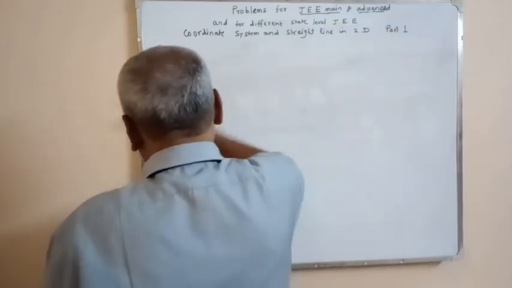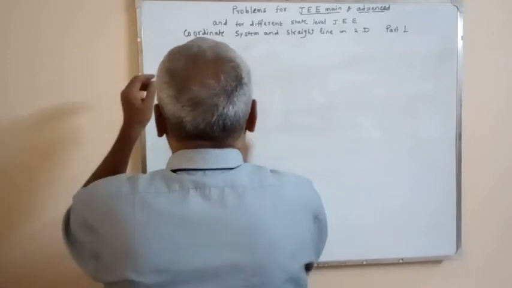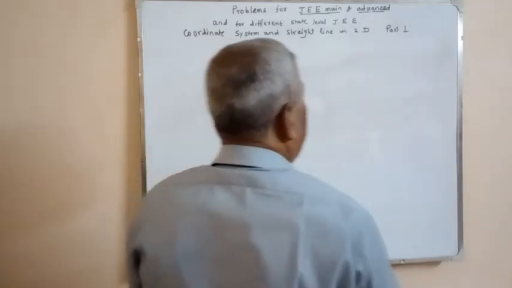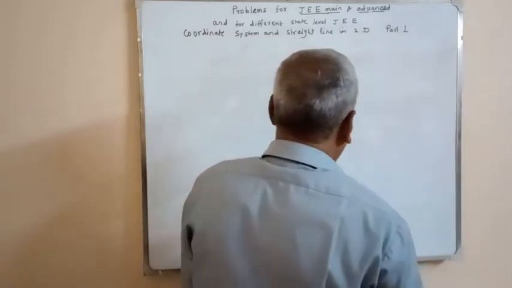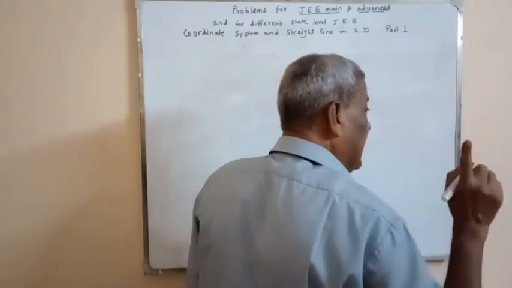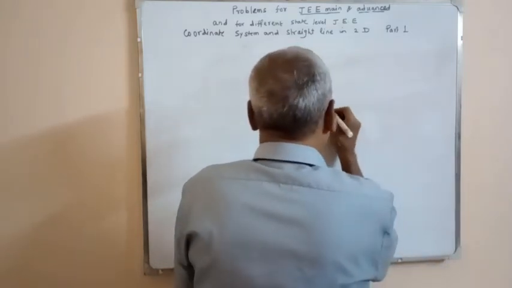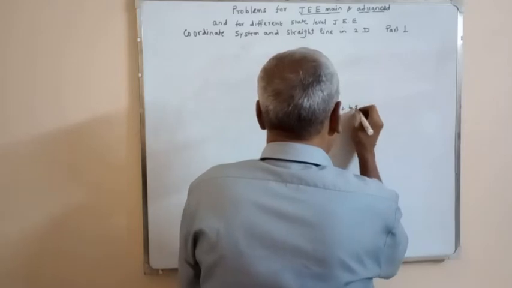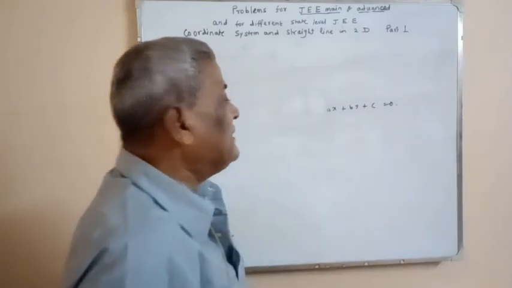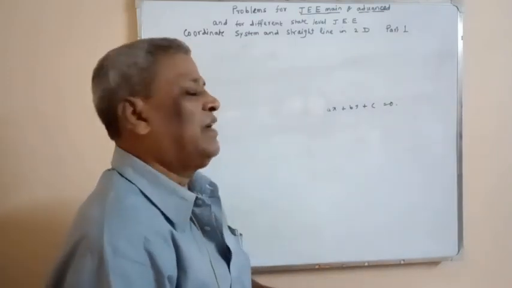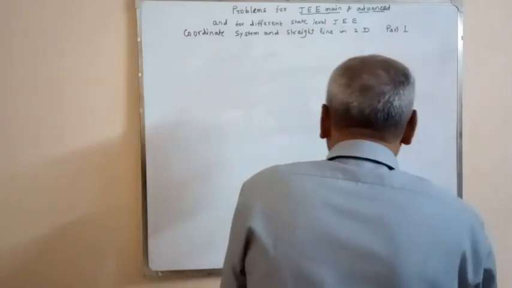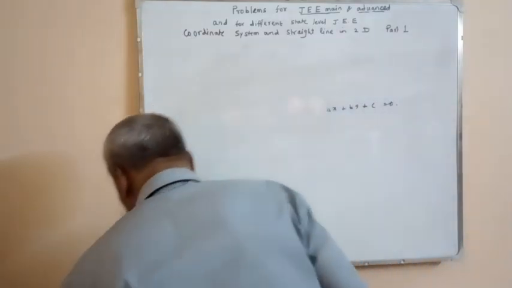What is straight line? Definition of straight line, I think you know it. Any linear equation involving x and y, like ax plus by plus c is equal to 0. This is equation of any straight line always. It has few forms